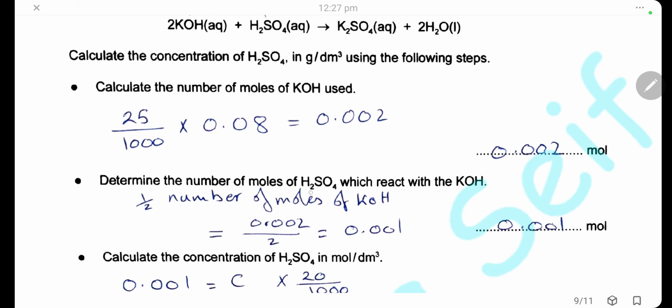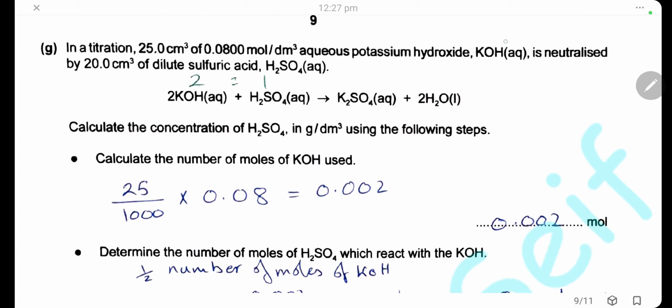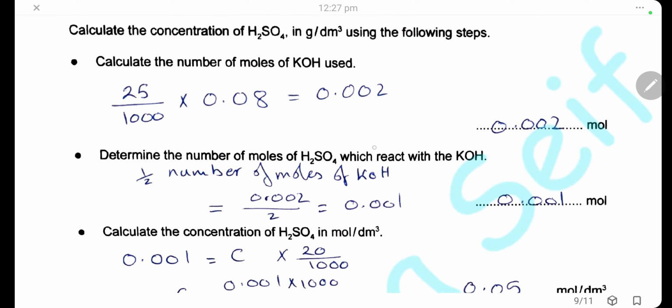Then determine the number of moles of sulfuric acid which react with potassium hydroxide from the ratio of number of moles of sulfuric acid to potassium hydroxide. Sulfuric acid is 1 and potassium hydroxide is 2. So we will divide the number of moles of potassium hydroxide by 2. The number of moles of sulfuric acid will be half the number of moles of potassium hydroxide, which is 0.001 moles of